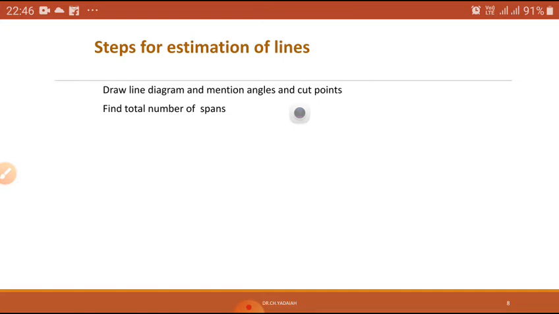After that, you are going to find the total number of poles. Now the total number of poles, as already calculated, is equal to number of spans plus 1. I already explained this in the last class: spans plus 1. Now after getting the number of poles, we know how many supports there are. Then what is required for each support? Just now we have seen, that is to calculate the total length of the conductor.